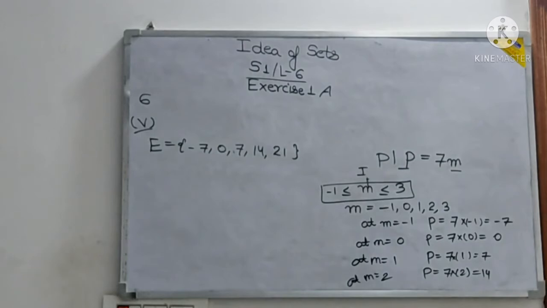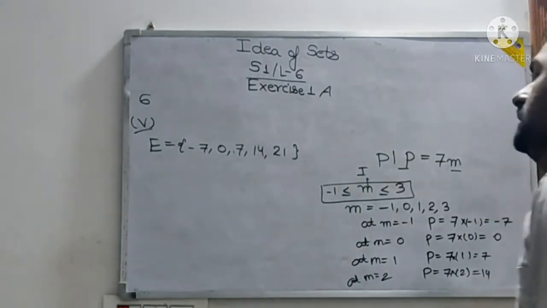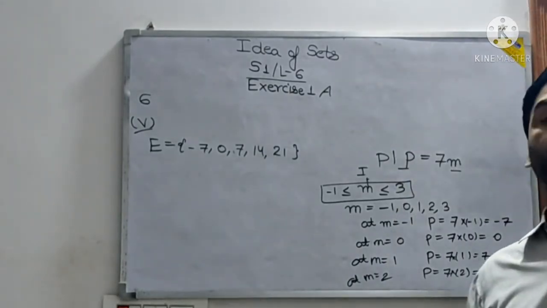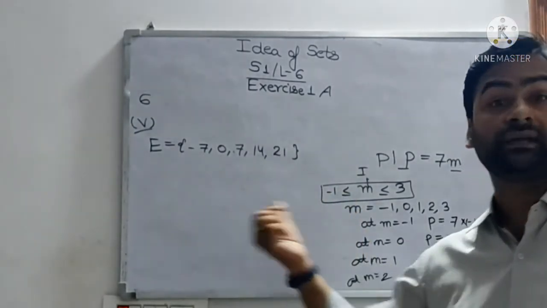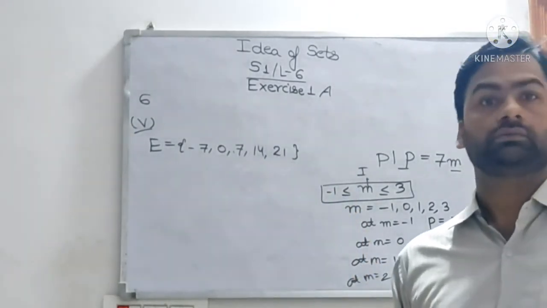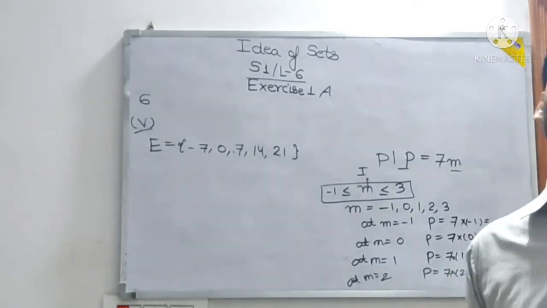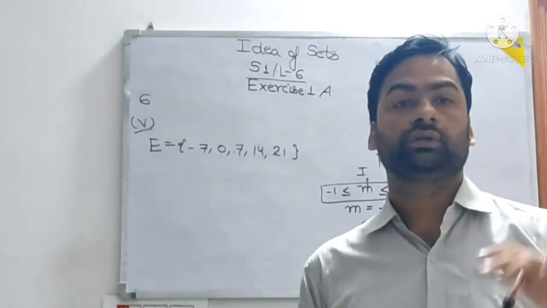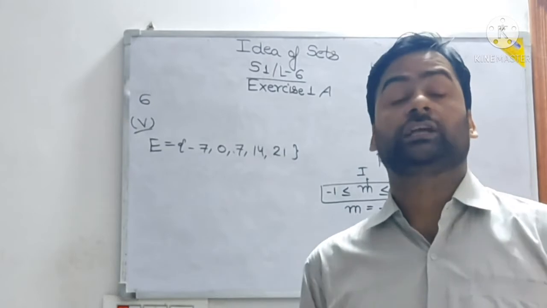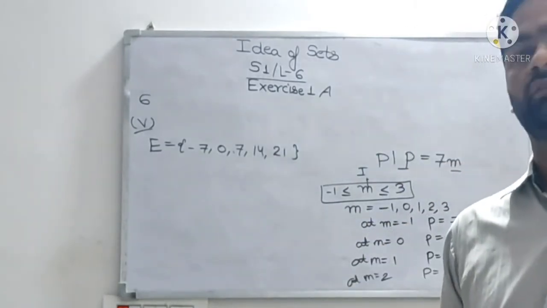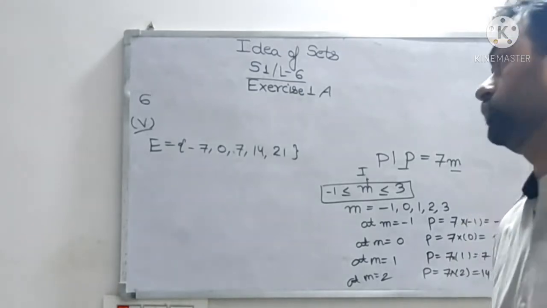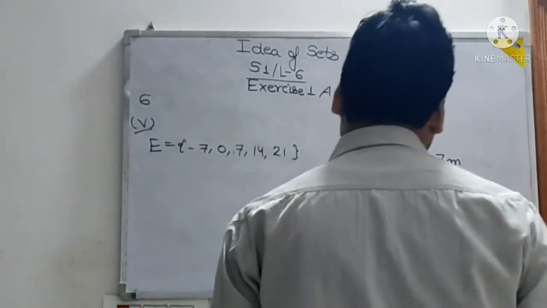And see children, one more thing I want to communicate: I try to write as big as possible, and I am writing what I am speaking also. So you can take it. There are different functionalities available in YouTube. Suppose you find that I am speaking very fast, you can make it 0.75x or 0.5x, and that video will play slower for you. Clear? So this fifth part is clear to all.